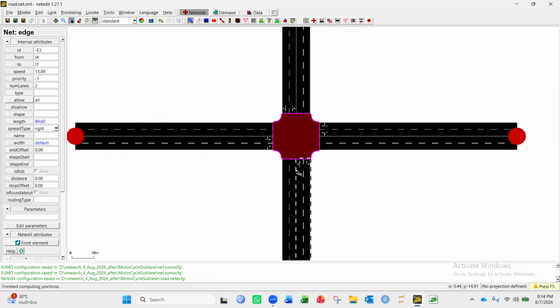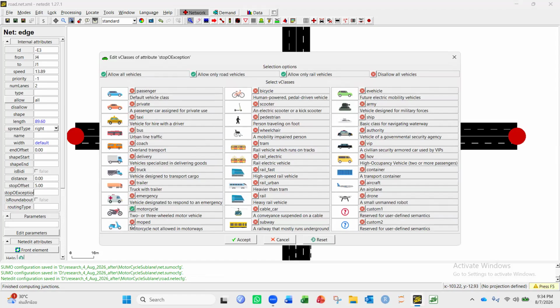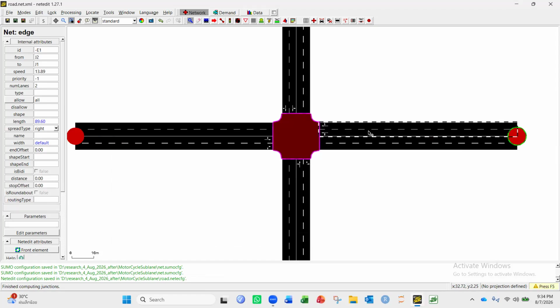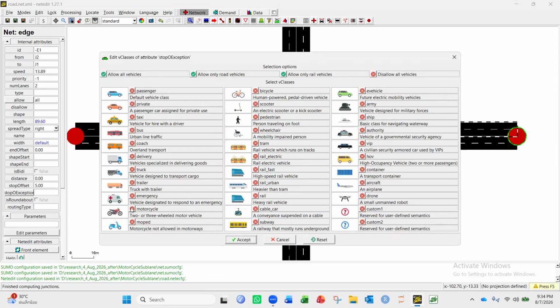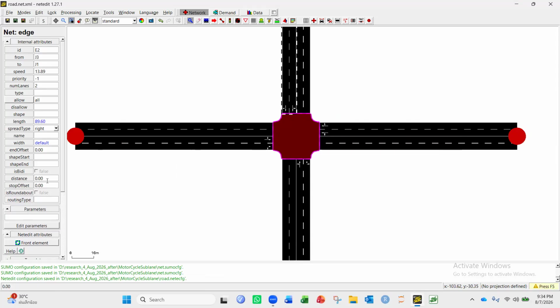Here again, clicking the other approaches, stop offset is 5 meters, then exception is motorcycle, clicking the motorcycle, okay. Then again do this for other approaches, and the motorcycle will stop 5 meters ahead.